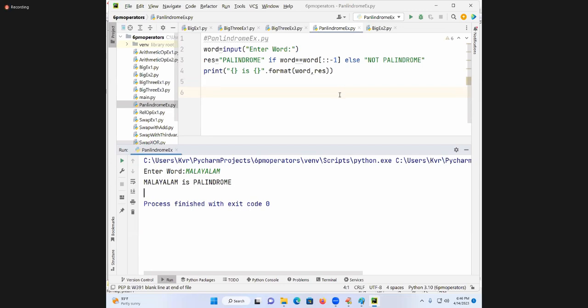Shall we go for one more? Write down. One more you write it. Write a Python program which will accept a numerical integer value and decide